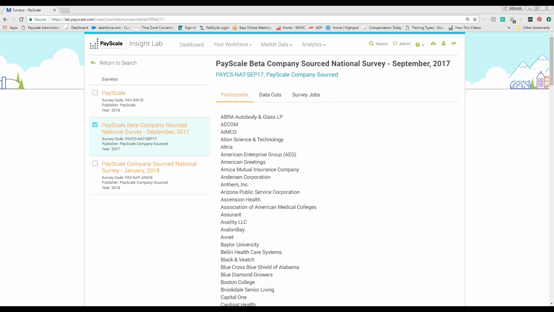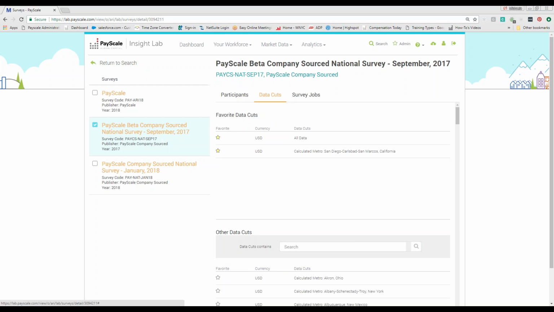Okay, so I want to, of course, frame what this is. Insight Lab is a survey management tool. So when you come into the survey section, it's really about what data we are using for this particular survey. So coming into this very first one, the beta of the company source data, you can see the